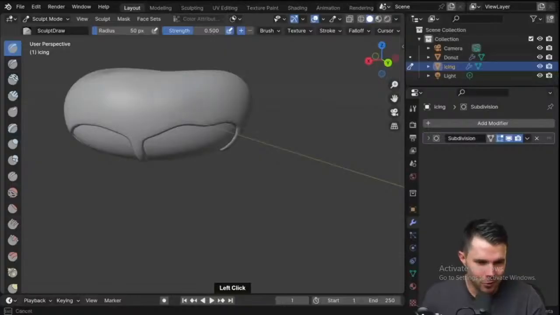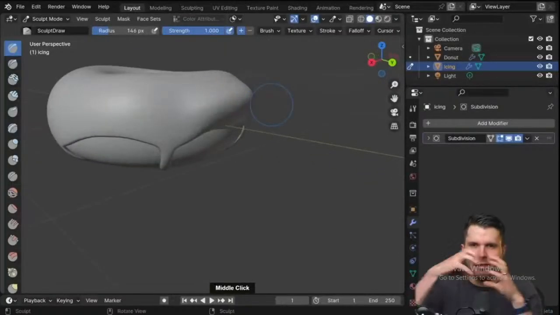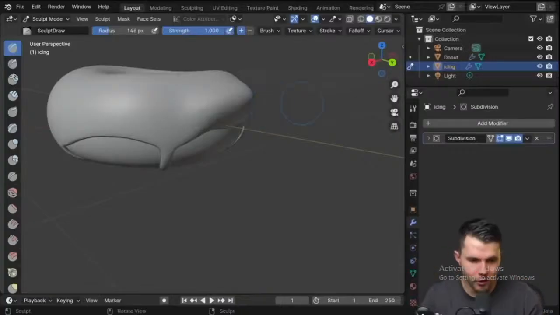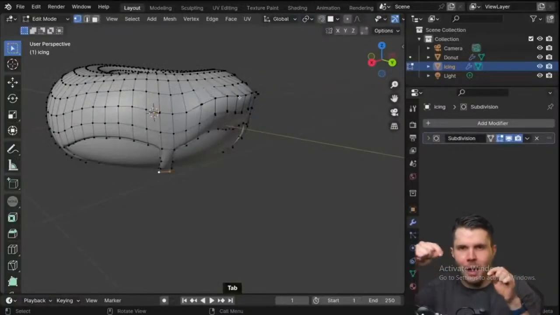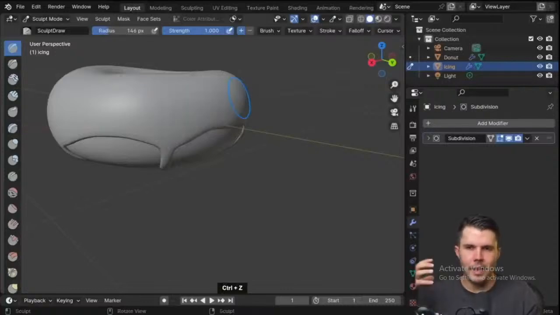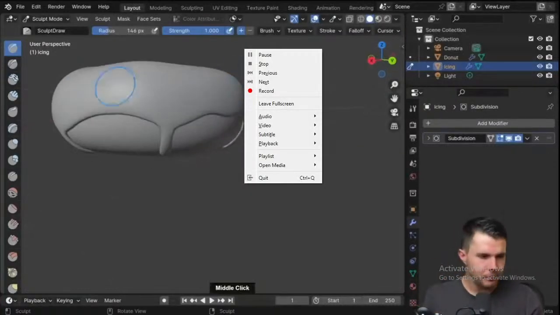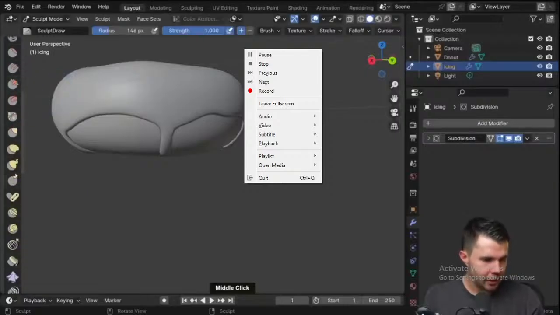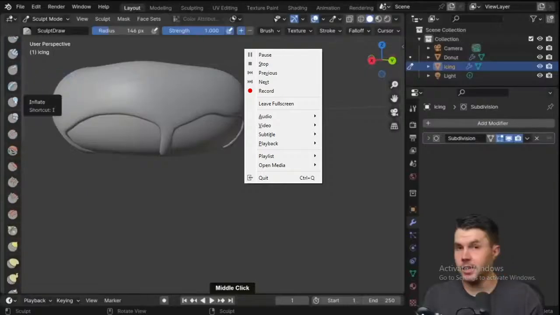Like, let's just use the default tool here. Can't really see much happening. Let's just turn up the strength and the size of it. Like, it just pulls out that part of it. And even that quick little one stroke, imagine if you had to select each of those points and pull them out one by one. Like, that's why this tool is the appropriate tool for this kind of job, right? Because it's very quickly going to enable us to add lots of complex shape. Very cool. So the tool that we're looking for is actually this one, the inflate brush, which is